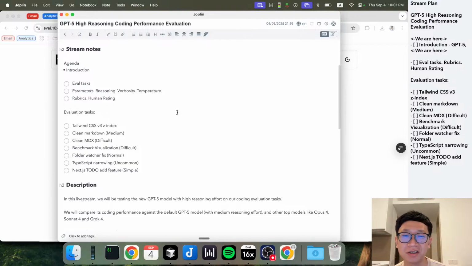So all the people who are testing out GPT-5 with the default reasoning effort or the medium reasoning effort are essentially not testing the full potential of the GPT-5 model. So yeah, I'm gonna do this again with the high reasoning effort for GPT-5. So to do that,